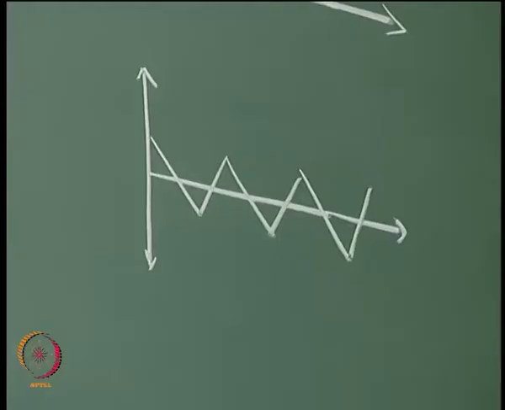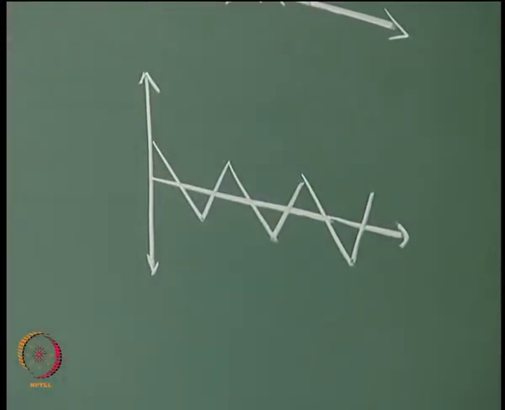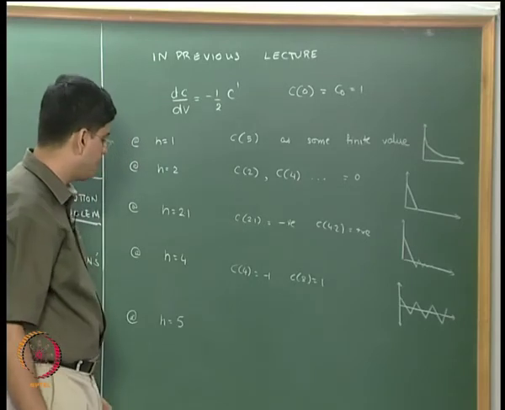Each alternate value was negative or positive, and so on. That is the behavior that we saw at h equal to 4, and finally when we increased from h equal to 4 to h equal to 5, but any value greater than 4 will suffice,